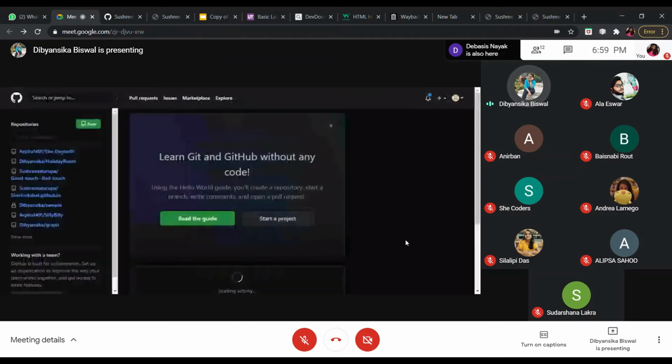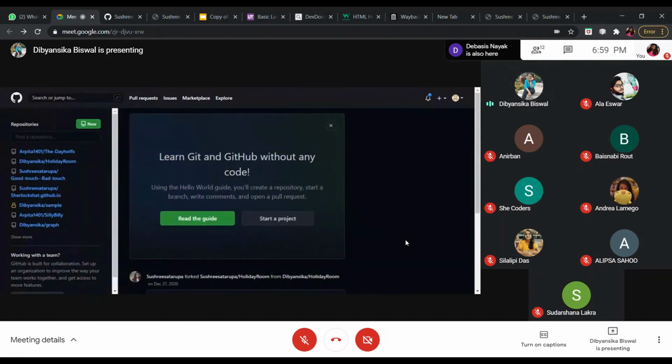So we will now learn, since we have all created a website right now, let me just show you how to create a repository. So here you can find how to create a new repository. So I'll click on that